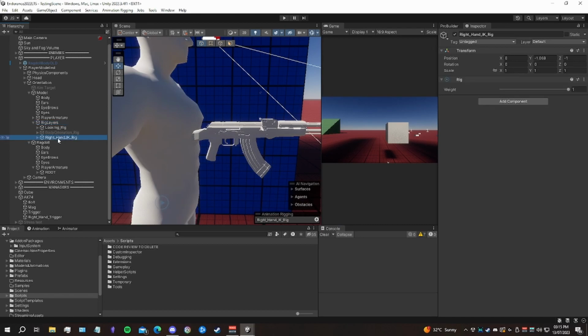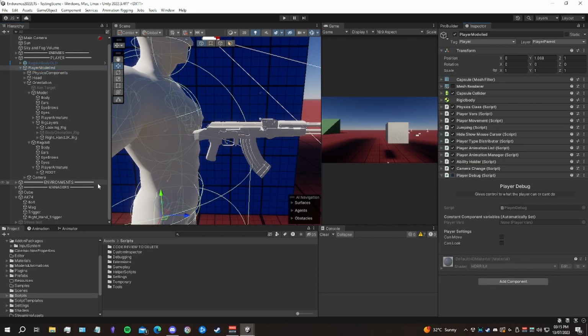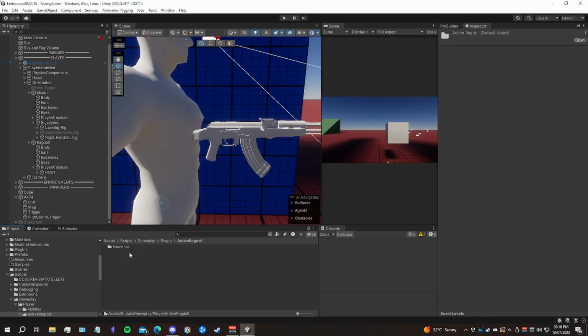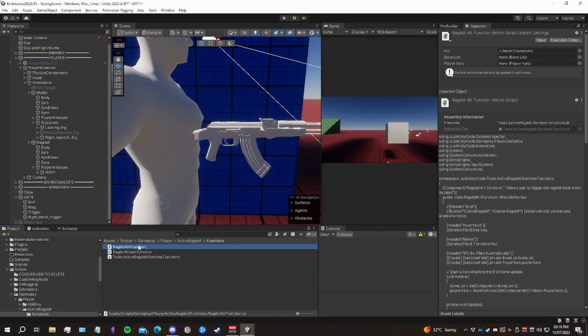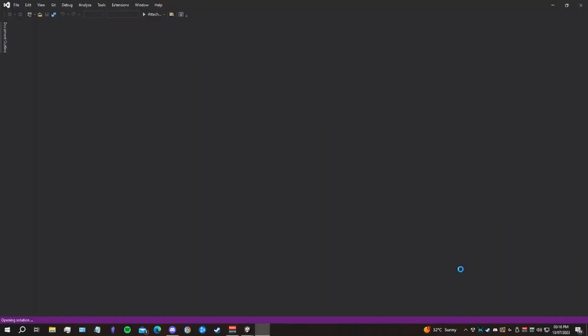Now, but what if you tell me, I want to kill my character? How will I do this? And it's actually pretty simple. Separate to the tool, so you won't be having these functions. You would have to make them yourself. In this case, I created scripts, for example, to kill the character based on an input function that I made. And all I'm doing